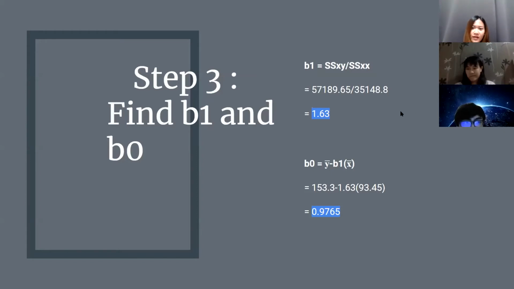For step 3, find B1 and B0. The formula for finding B1 is SSXY divided by SSXX. That equals 57,189.65 divided by 35,148.8, and we will get 1.63. And B0 is equal to y bar minus B1 x bar, and we will get 153.3 minus 1.63 times 93.45, and the answer is